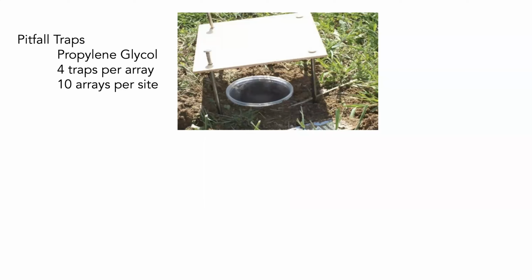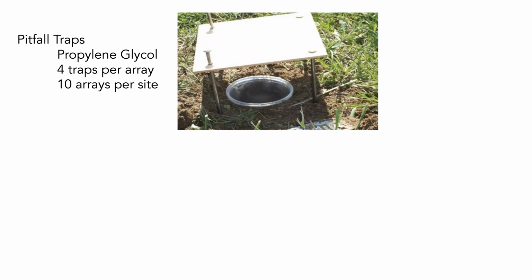So in case you've never seen a pitfall trap, it's a cup that's buried in the ground so that it's flush with the soil surface, and it's filled with a preservative. They use propylene glycol, which is ostensibly odorless. Organisms will crawl across the ground and fall into the cup. NEON leaves the cups out for 2 weeks, which is a very long time to leave pitfall traps out, in my opinion. But they're collecting over the entire growing season at the sites that they collect pitfall traps at.